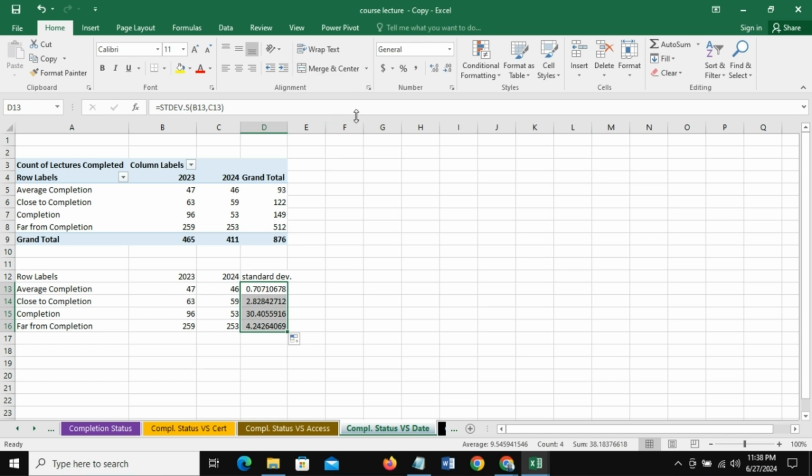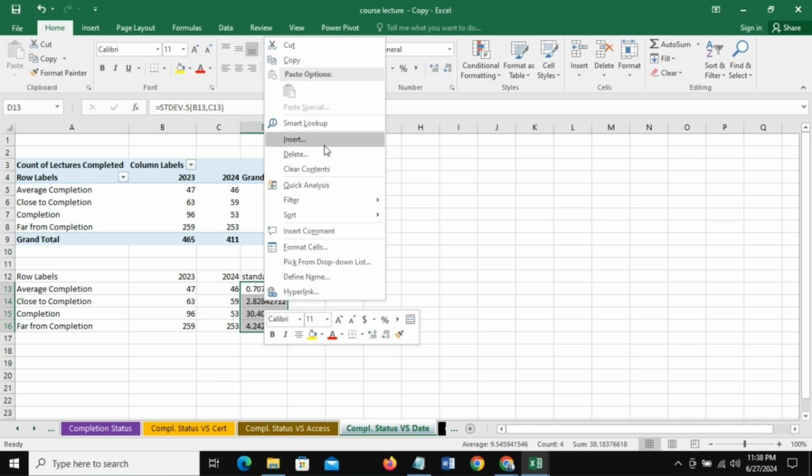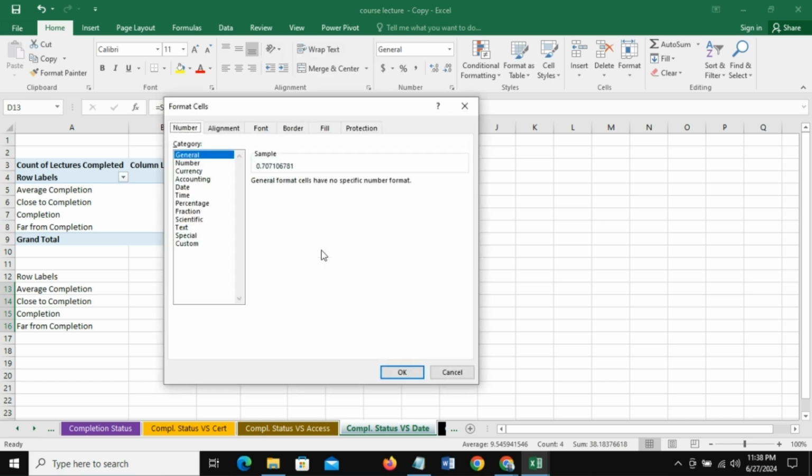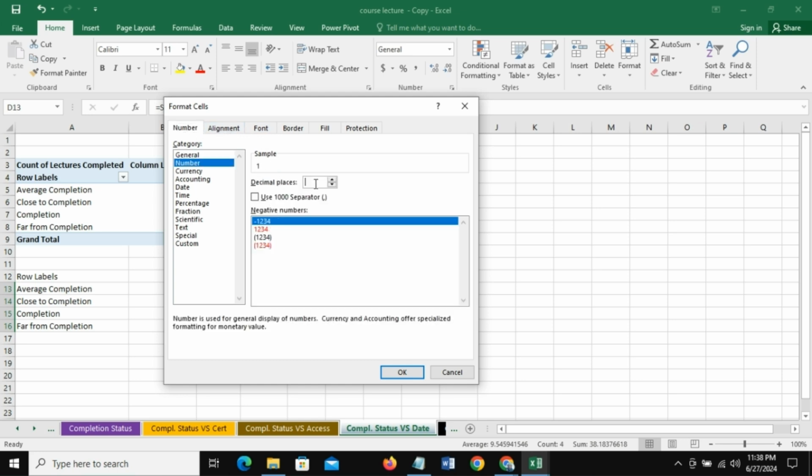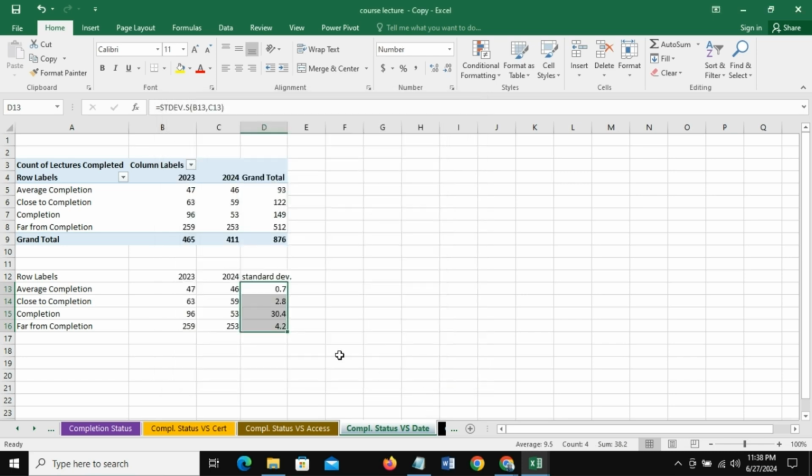So we're going to right click, go to format cells, and make it 1 decimal. Okay. So you can see those who have completed the course have a higher standard deviation, and the average completion has the lowest standard deviation. Those with the high standard deviation are farther from the mean, from the average. So we're going to now create